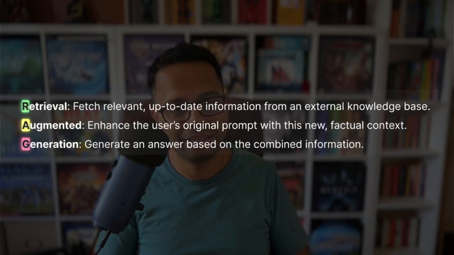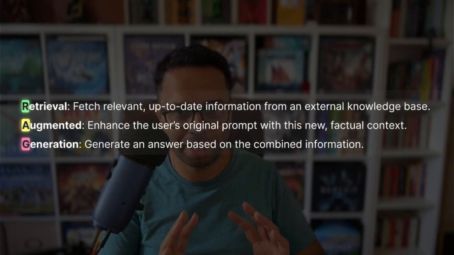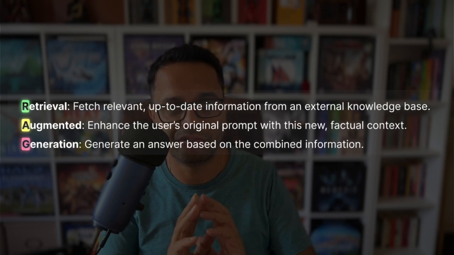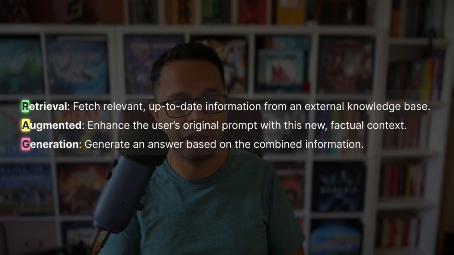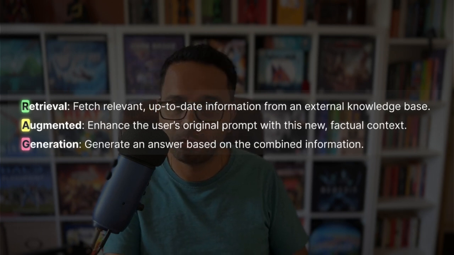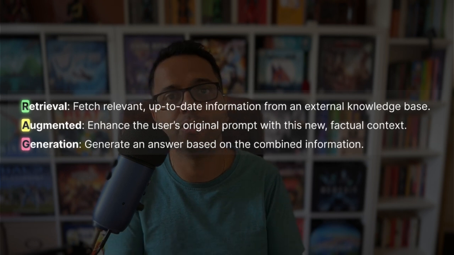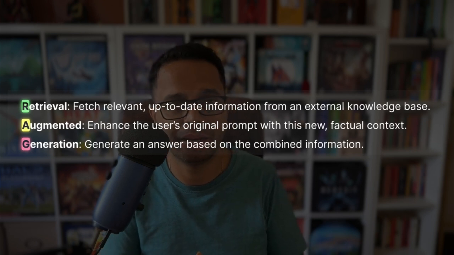And the third is generating. So now that it has retrieved all the information, can it generate the answer the way the user wants to look at it? For example, I would have asked what planet has the most number of moons, give me the answer in one word, then it has to generate the answer that way, right? So that is the retrieval augmented generation, which basically helps us create that knowledge base.